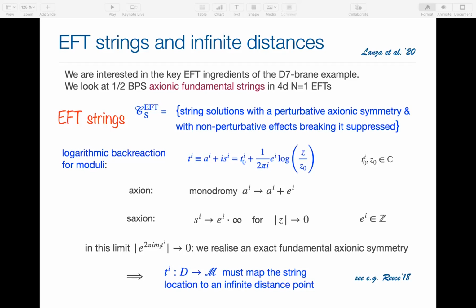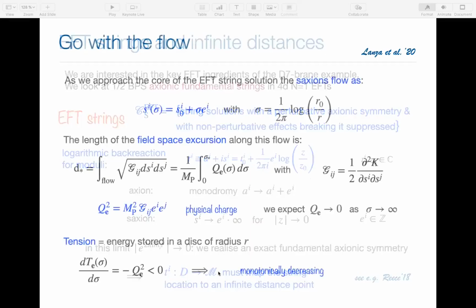So that's why these guys are maps. You can see them as maps from a disk. Let's start with a solution at some definite radius, and let's flow towards the core of the string. You can see them as maps from the disk to the moduli space, and the center of the disk is mapped to an infinite distance point. So it's a perfect setup